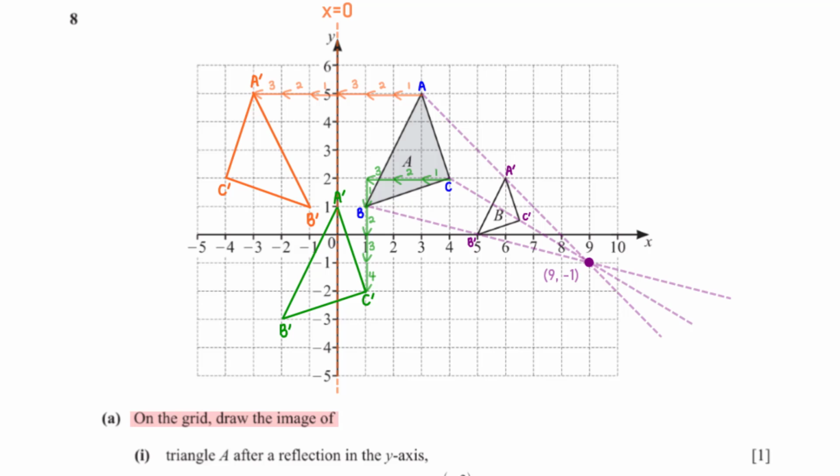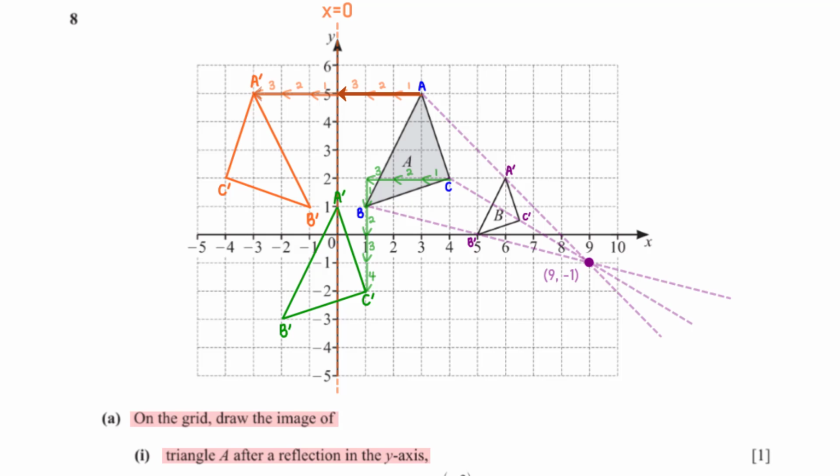On the grid, draw the image of triangle A after a reflection in the y-axis. So first, we draw the line of reflection, which is x equals 0 or the y-axis. Then from here, we need to reflect the vertices of triangle A in the line x equals 0. So for point A on the triangle, since we moved 3 units to the left to touch the line of reflection,